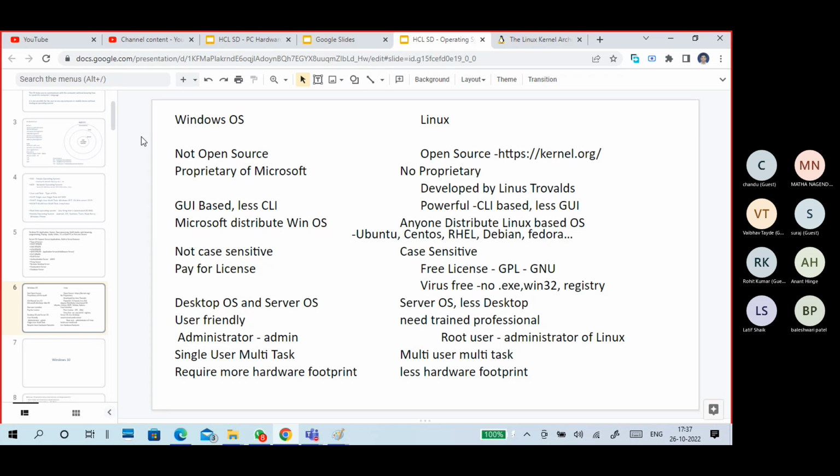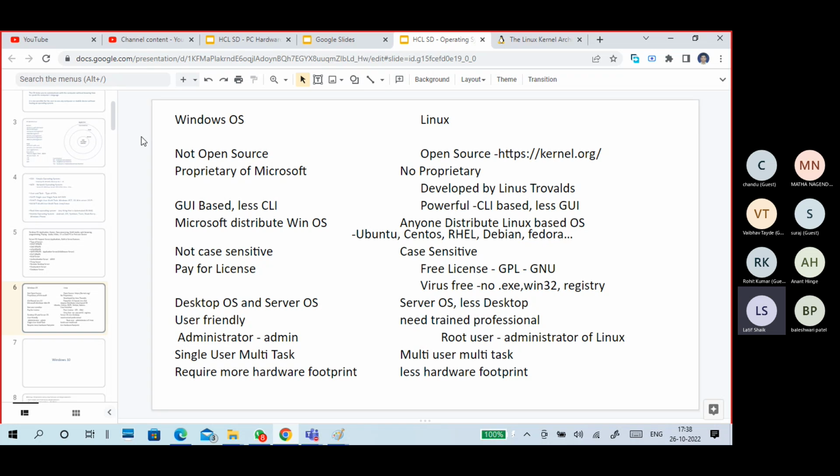Next, what is this hardware footprint, guys? I'll give you one example. I want to run an application, and I'm using a Windows operating system. It consumes a lot of resources for different applications, which is a little bit okay.